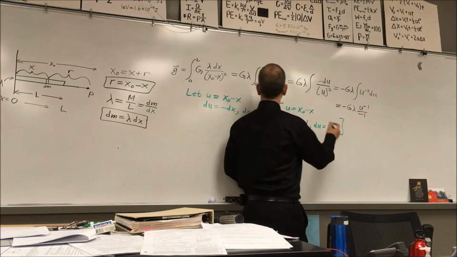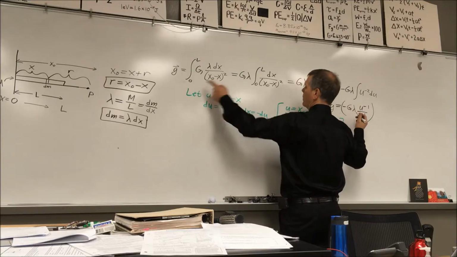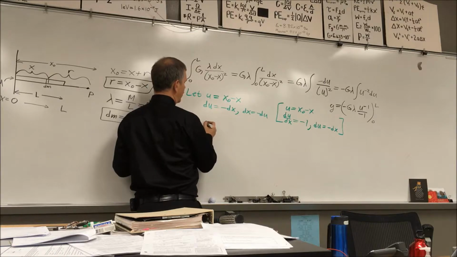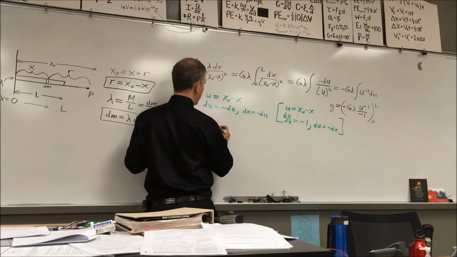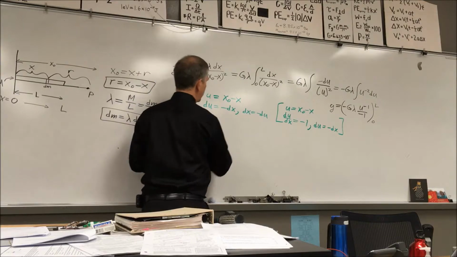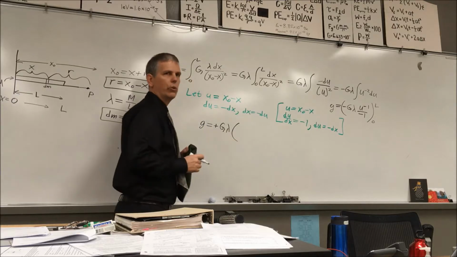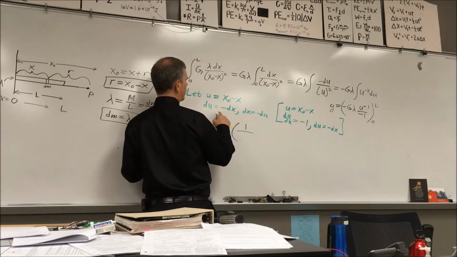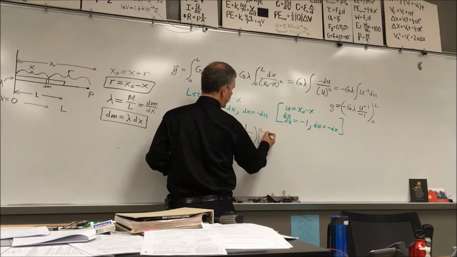Okay, so now this gives us g, but we also have to remember we were going from 0 to L, which is going to come back here in a second. So now I have g equals, you see how negative 1 minus 1, that's going to give me a plus g lambda. That was silly. Now, u to the minus 1 is the same as 1 over u, but I'm going to put back in what u equals, which is this. And I'm going to evaluate from 0 to L,